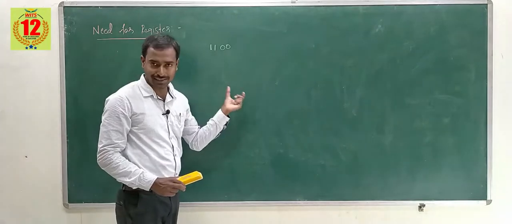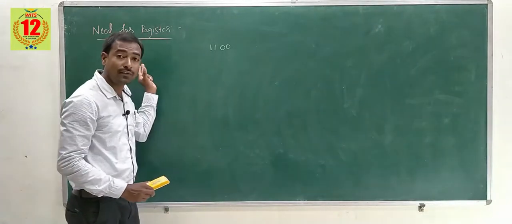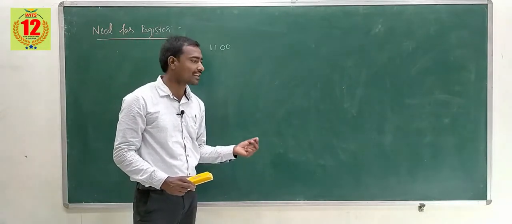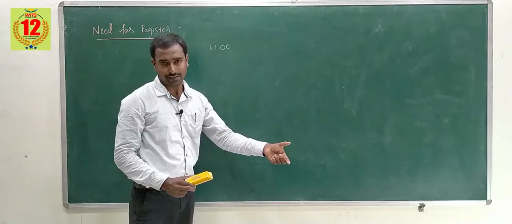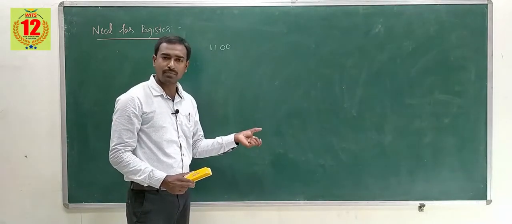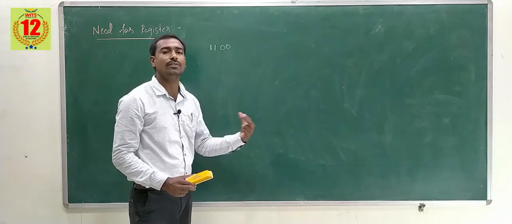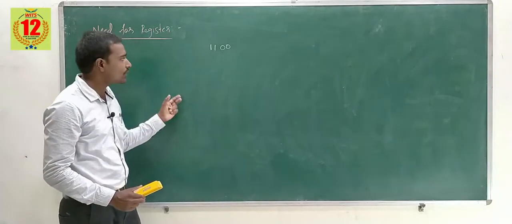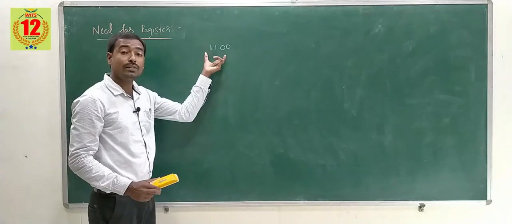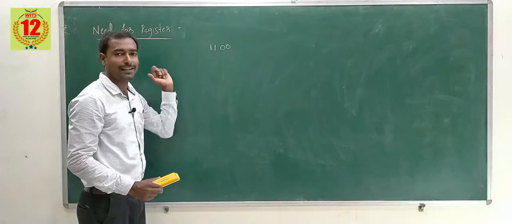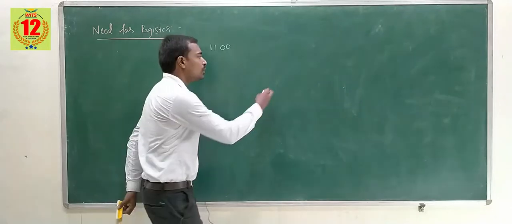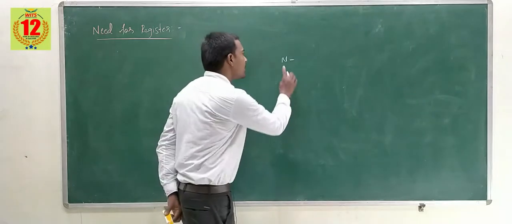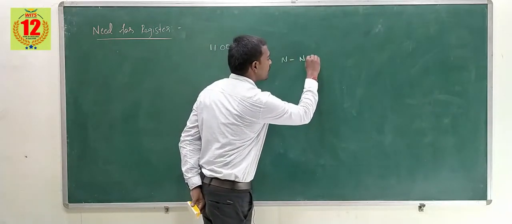Basically, to design registers, we always use the D flip-flop, because whatever we give as input to the D flip-flop, we get the same as output. If the input is 0, the output is 0. If we give the input as 1, the output is equal to 1. That is the main advantage of D flip-flop. So we use 4 D flip-flops to design the 4-bit register. For example, to store n-bit data, we have to use n number of flip-flops.